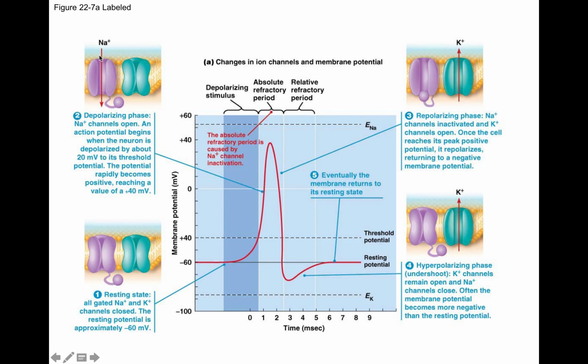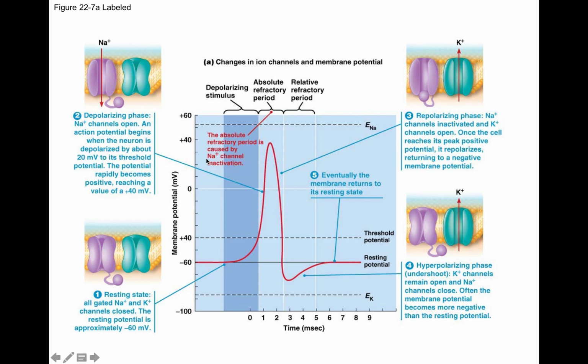So something opens the sodium channel, and that causes other sodium channels to open, and there's a flood of sodium into the cell. I should say that it's not that the sodium is filling up the whole cell. This is a very local change at a little spot on the membrane. If you measured the whole concentration of sodium inside and outside the cell during an action potential, you would have a very hard time measuring a difference. But at this very local spot on the membrane, you can measure an influx of sodium.